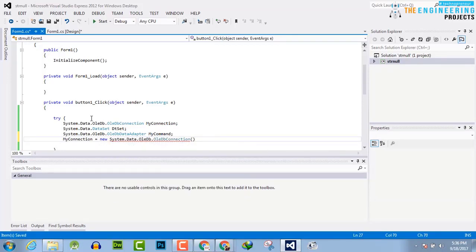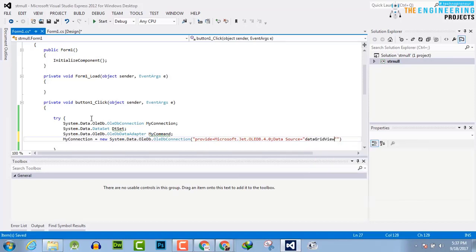Now in parentheses you have to write in double quotation provider is equal Microsoft dot Jet dot OLEDB dot 4.0 and semicolon, then data source, the path of the file which is located at